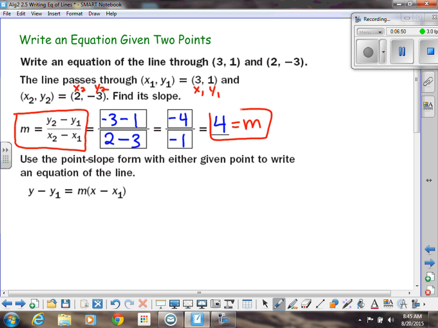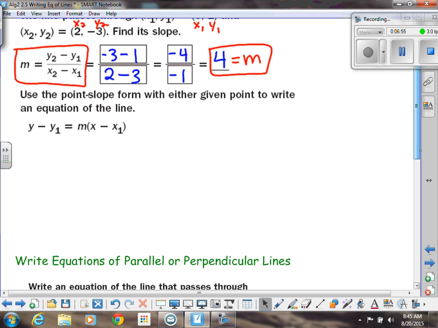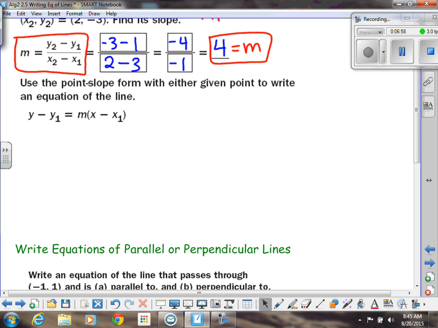So we're going to keep that in mind when we use our forms. In this one first, I'm going to use the point slope form. So I'm using this new form. I know what the m is, and remember we're using x1 and y1. So we labeled the point 3, 1 as x1 and y1. So I'm going to be plugging those values in for x1 and y1, and I'm going to be plugging in m equals 4 into there. So let's do that. I would get y minus, my y1 is 1, equals m is 4, parentheses x minus